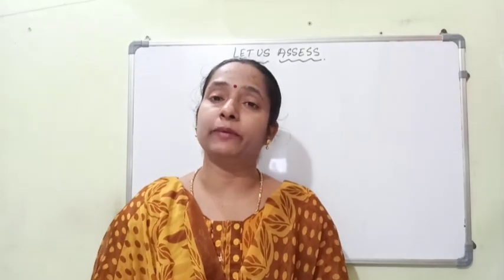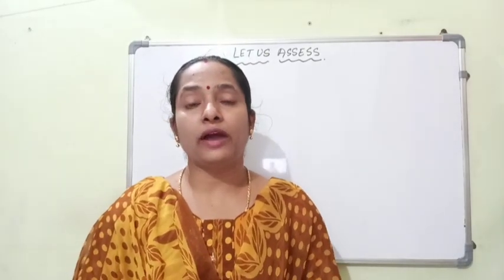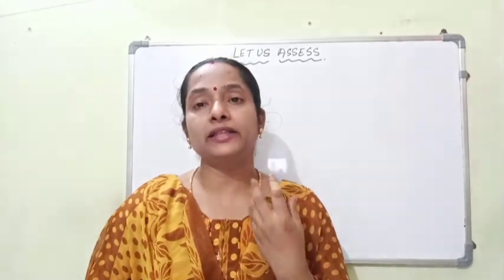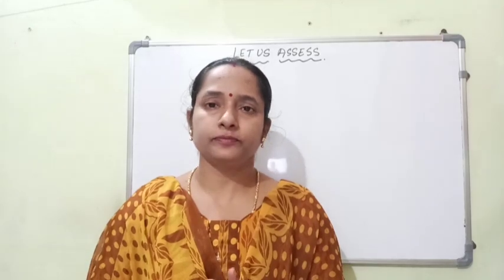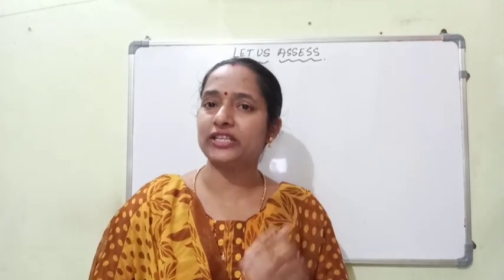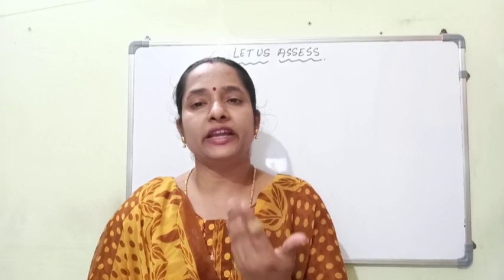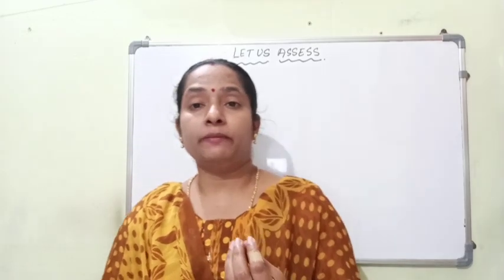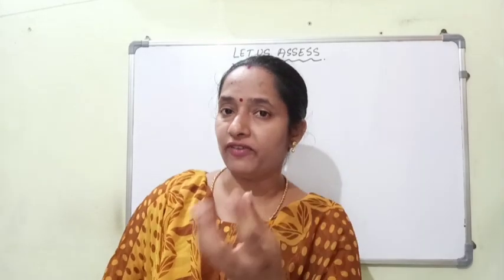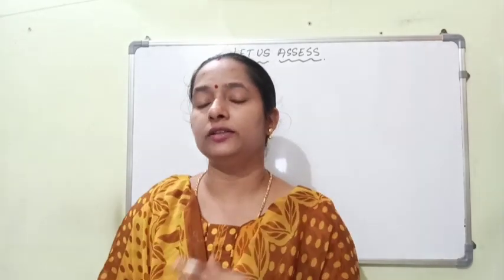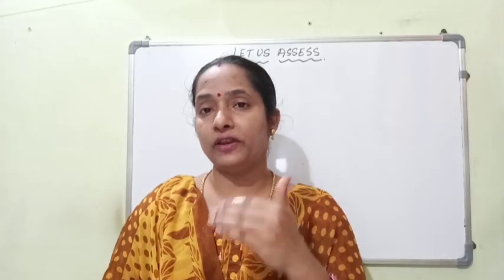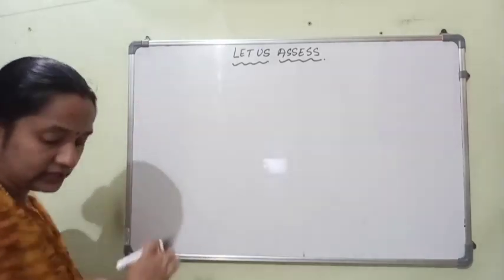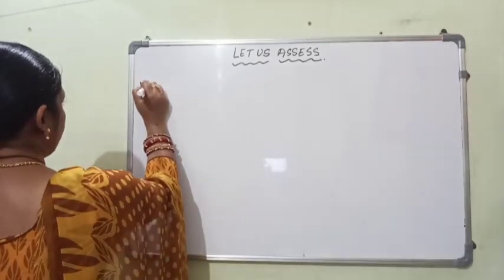So children, this is a completely new question for you. You have to find the least or the smallest number which when divided by the given numbers leaves the remainder 7. So finding the least or the smallest number means we go for finding the LCM first. So whenever you are given a number, find the smallest number that can divide them and leaves a remainder, then what you will do? First of all, you will go for finding their LCM. So let us solve this one. This is your question number 11.